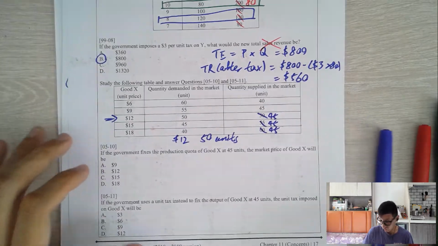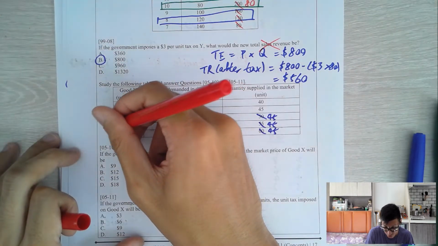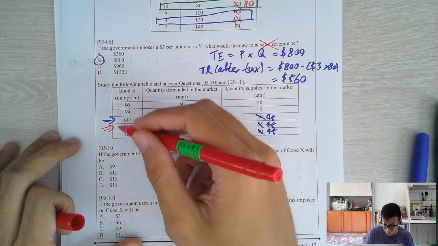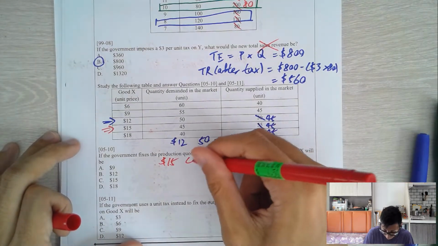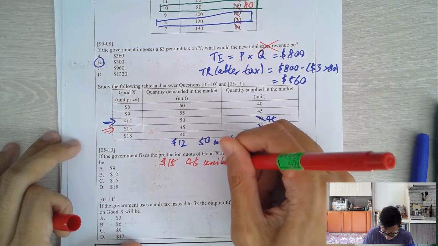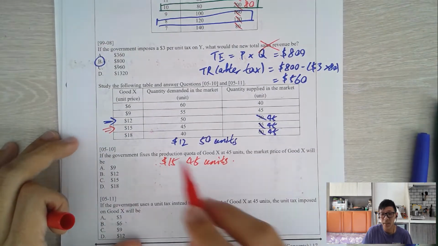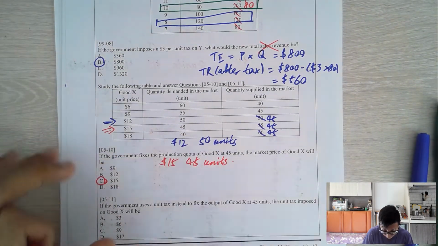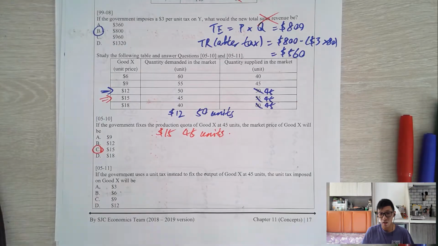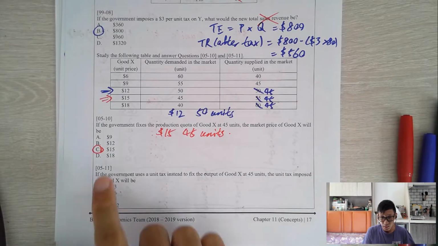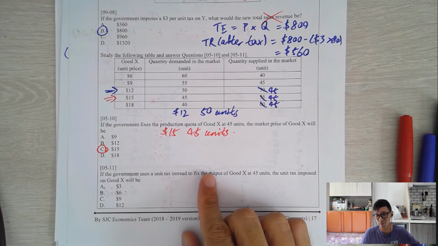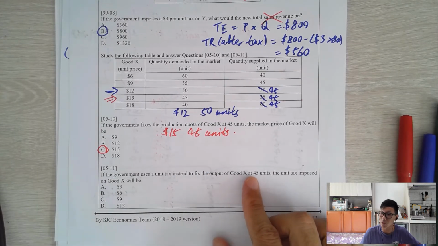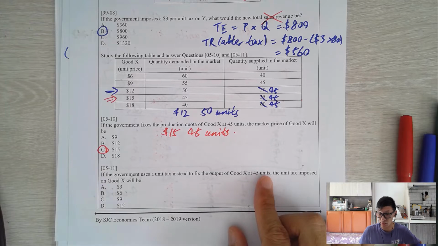Therefore, at quota, the new equilibrium would be $15, 45 units, market price $15. Okay, be careful now. If the government uses a unit tax instead of fixing the output of good X at 45 units,